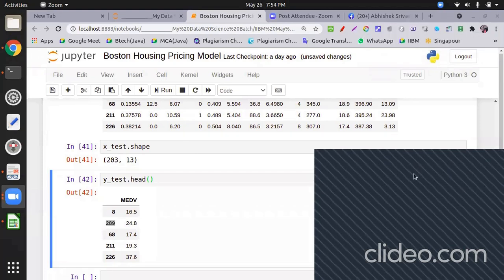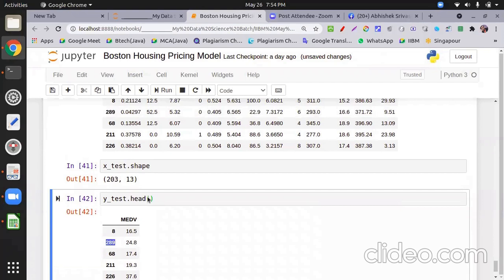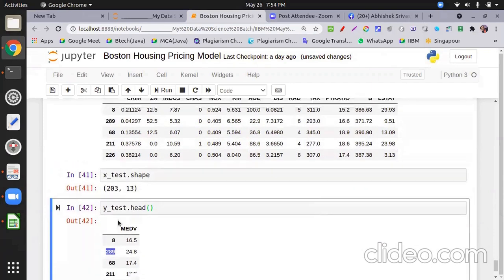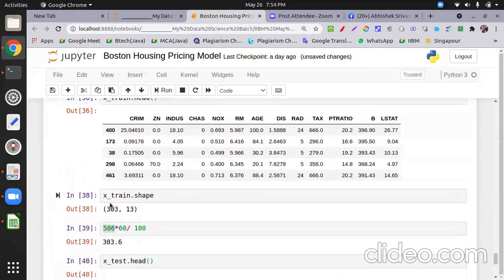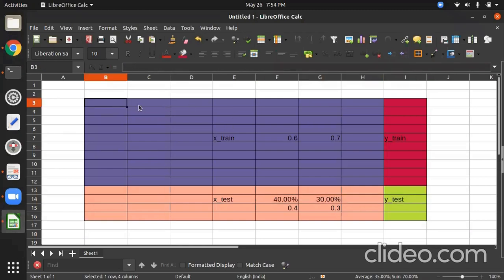Sir, how come the rows have been decreasing? Please repeat your question. How come the rows have decreased from 303 to 203? Where are the rows decreasing? The shape is 303 rows and 13 columns, right? What do you understand from this?